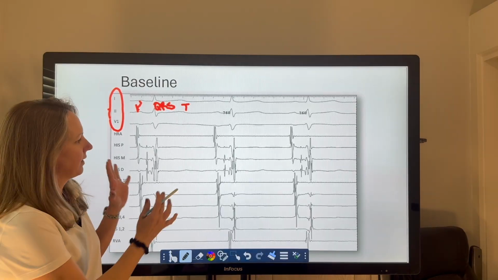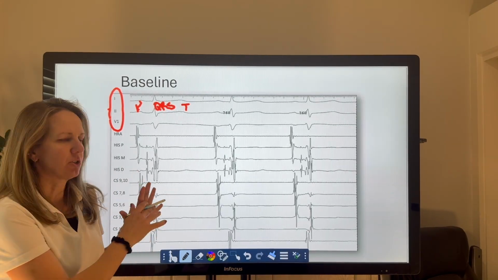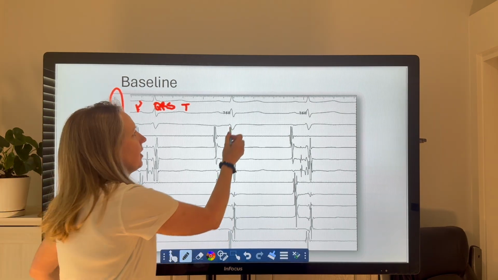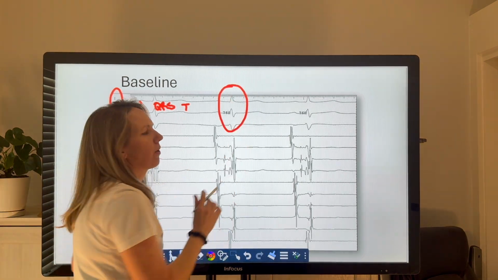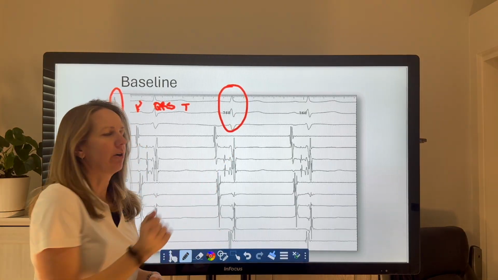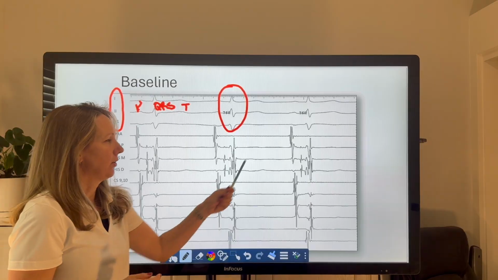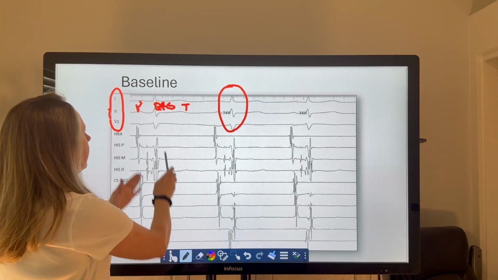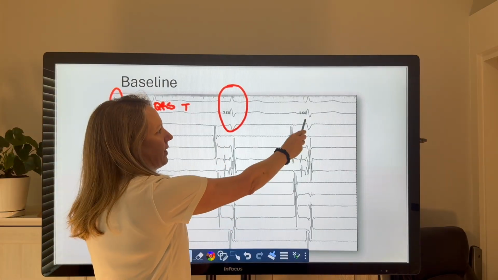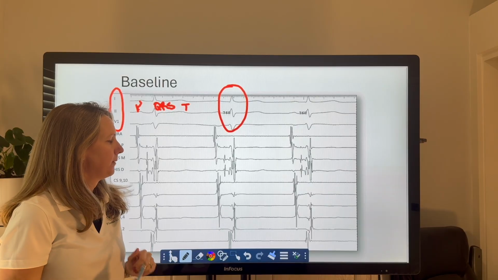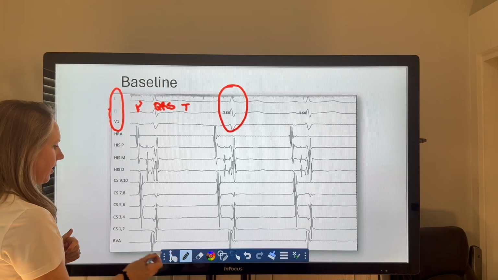Remember that with EP studies, we typically stretch out that sweep speed to 150 or 200 milliseconds. So that causes this QRS to look wide, but this is actually a narrow QRS complex. So again, P wave, QRS, T, narrow complex, and it looks like a pretty regular rhythm coming in at 760 milliseconds. Breaking it down to the intracardiacs,